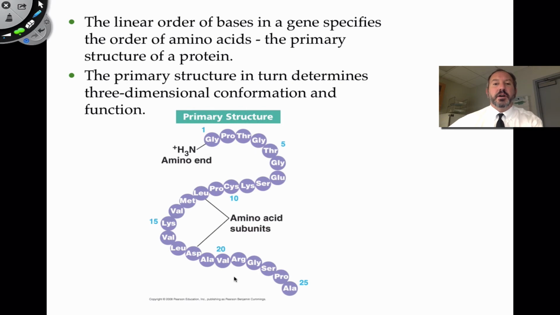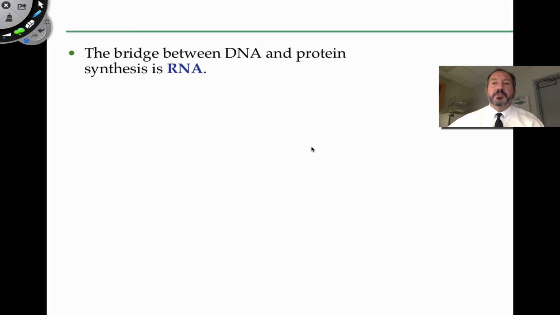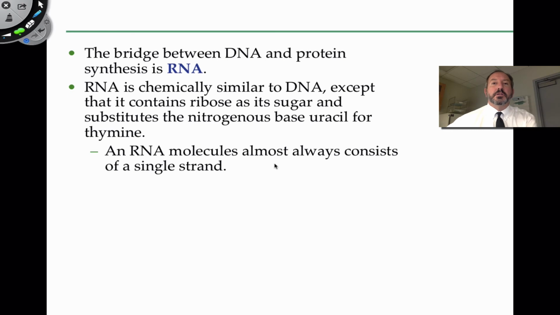And so the primary structure, again, is important because it determines the three-dimensional conformation. And ultimately, the three-dimensional structure determines its functionality. And so that's rather cool. So if you're following this, you'll understand that if you were to change the nitrogen base sequence of DNA, you would ultimately change the protein amino acid sequence. And so the bridge between DNA and protein is, in fact, RNA. So you have to make RNA before you can make the protein, and that's called transcription.